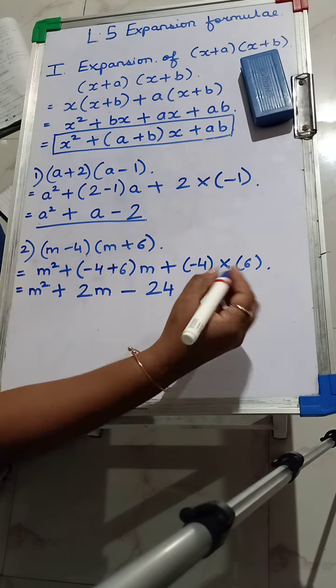Okay. So now we will continue with the fourth sum. The third sum you will do for homework. Immediately as you finish this, you are going to start with the third sum. Now I will just erase this and we will start with the fourth sum. I'll just write the formula and keep it on the top so that you all remember. So the formula was (x + a)(x + b) = x square plus (a + b)x plus ab. Okay, so we'll just write this formula and keep it, and we are going to start with the fourth sum.